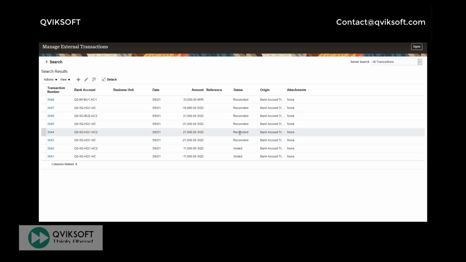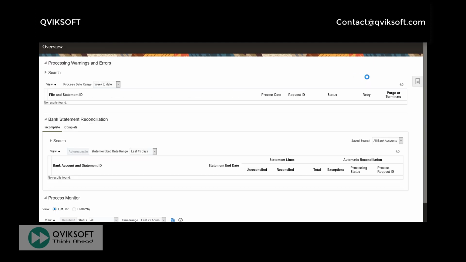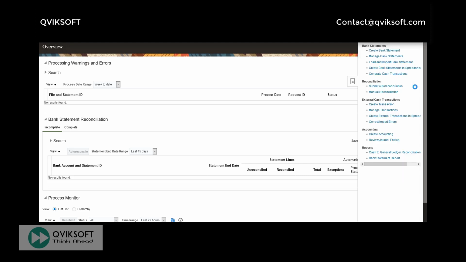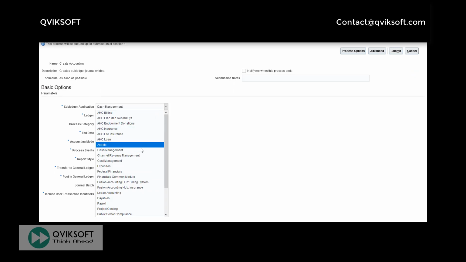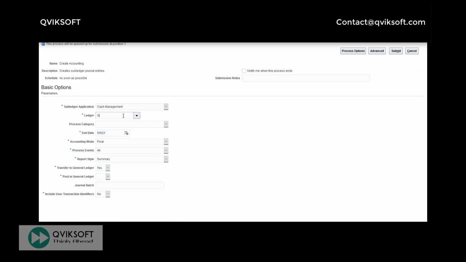Now, if I do create accounting, this transaction will go into GL. Let me submit the create accounting. For my cash management, QS, I have to do it for both, one for the Malaysia ledger, one for the Singapore ledger. Bank transfer test.